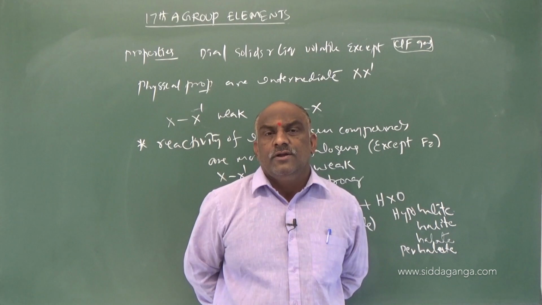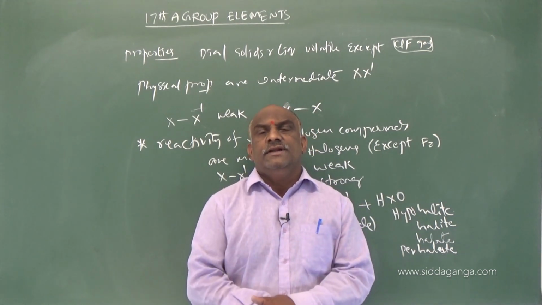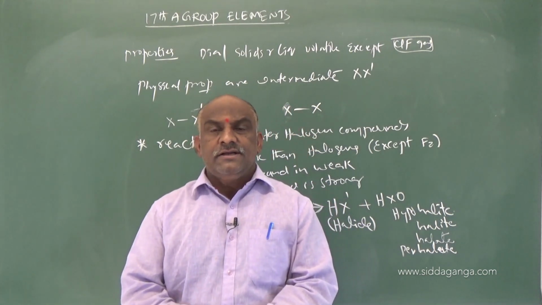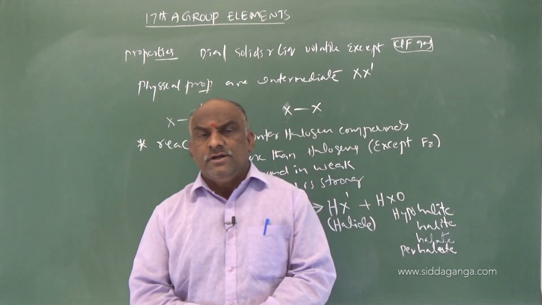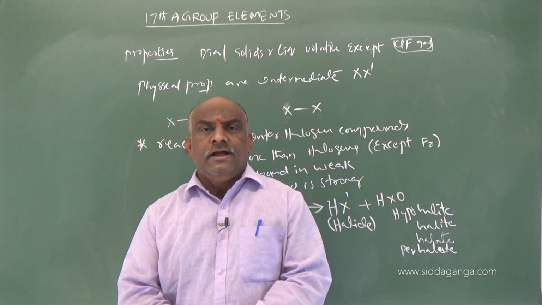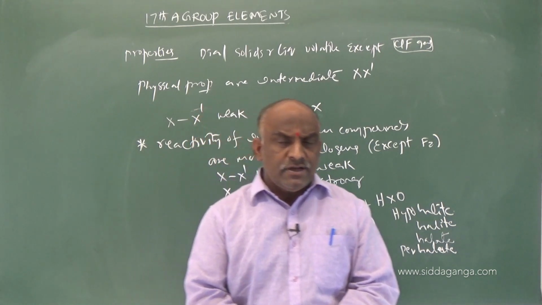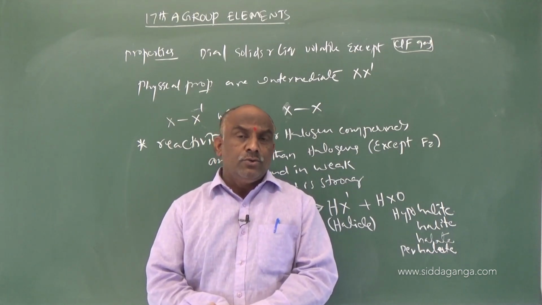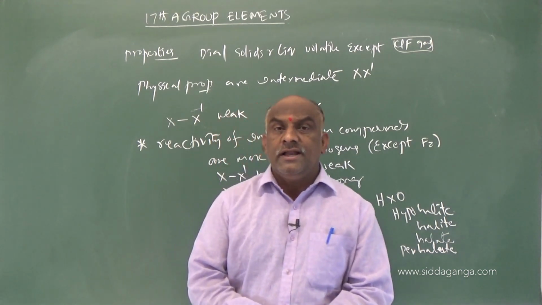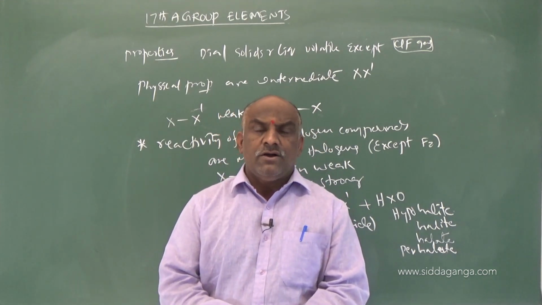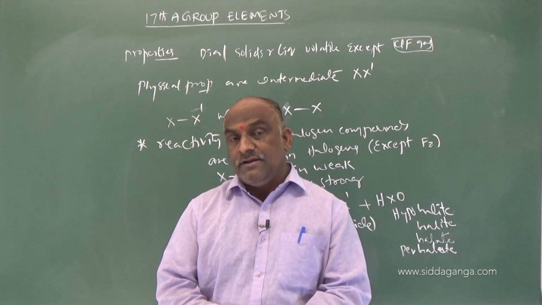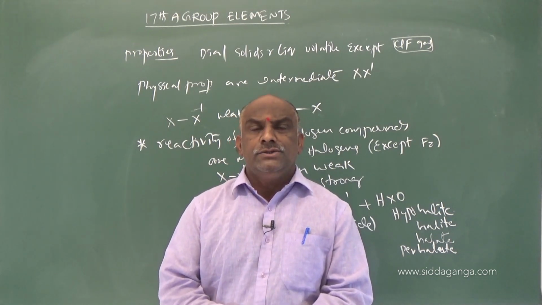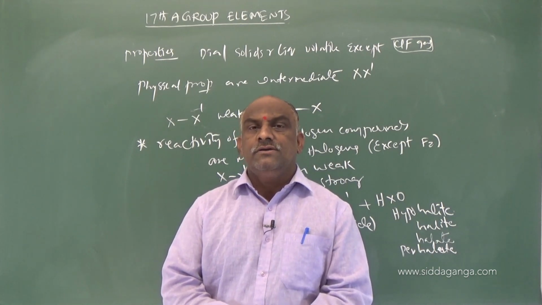Hybridizations are very important. Monohalides sp3, trihalides sp3d, pentahalides sp3d2 and heptahalides sp3d3. And the geometry of the molecules: monohalides linear, trihalides bent T shape. Why bent T shape? Because the equatorial positions are occupied by the lone pairs, to minimize the repulsions. While going to the pentahalides, actually we are expecting octahedral, but instead they are square pyramidal, and in heptahalides there are no lone pairs, so it is pentagonal bipyramidal.